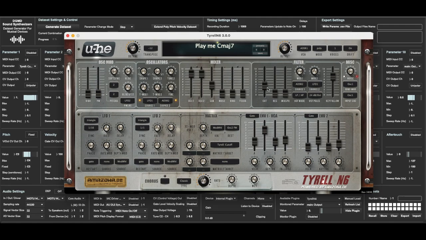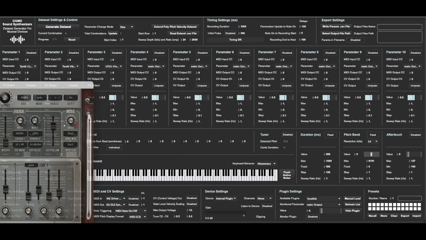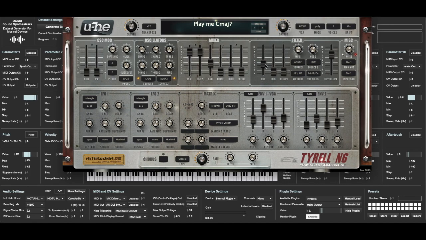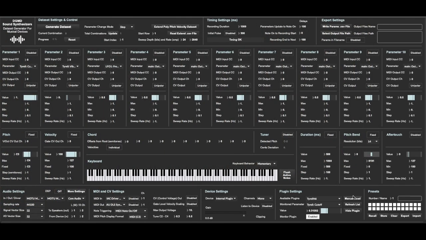In order to figure out what the proper name on the VST interface of this parameter is, we can simply enable the monitoring function. So every time I change something on the GUI, I can see the name of the parameter and I can see the actual value. So I know later that if I want to control and change this synthesis parameter while generating the dataset, I need to find on the menu something that is called Tyrell cutoff. Okay, now we can keep this on the side, or we can close it,